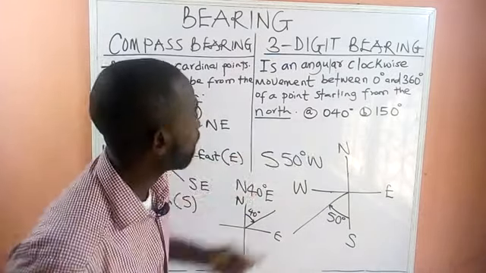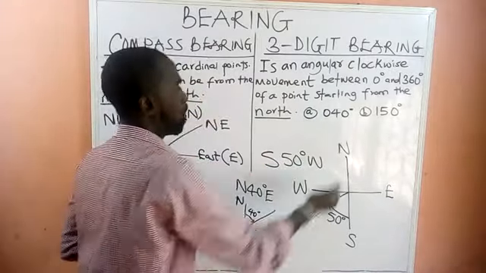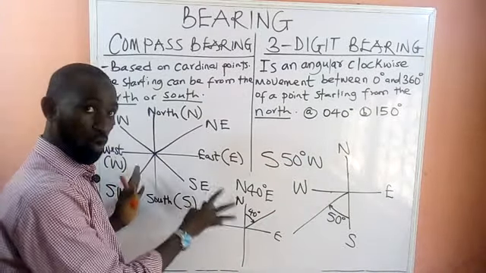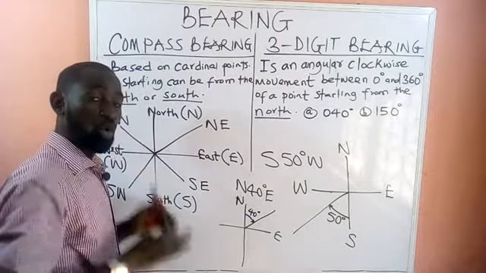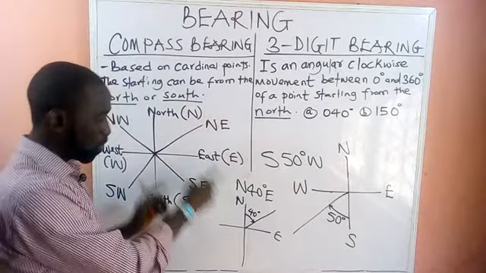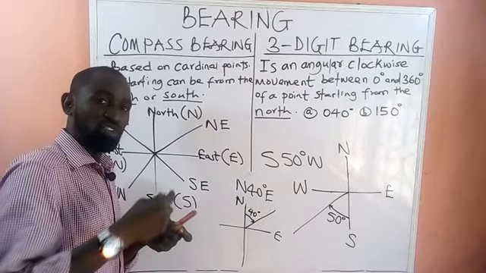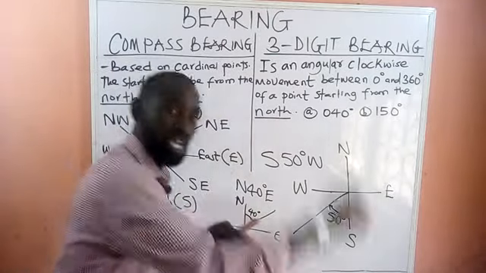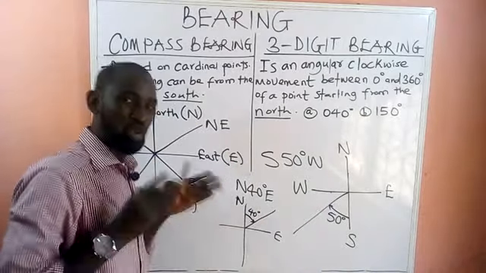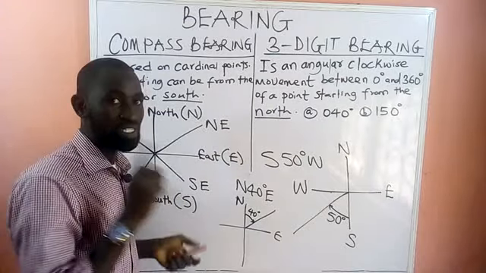Let's take some examples under 3-digit bearing. We have 040 degrees. We have 150 degrees. Please, class, do you understand the concept of compass bearing? If you do, or if you don't, you can pause the video and check one or two things on the explanation under compass bearing. Because we can convert from compass bearing to 3-digit bearing, or we move from 3 digits to compass. So our solid and comprehensive understanding of how to draw this diagram is very